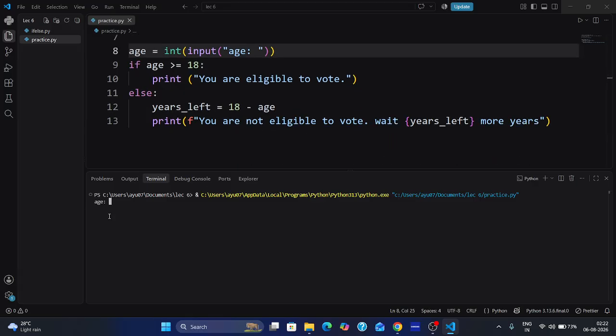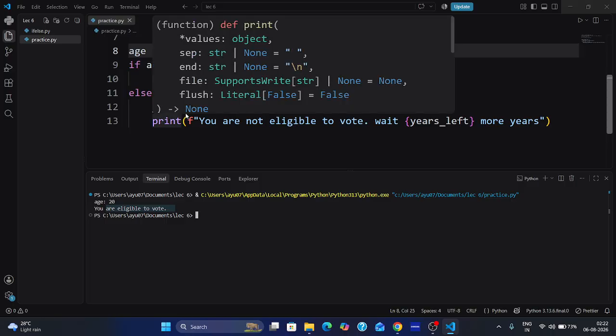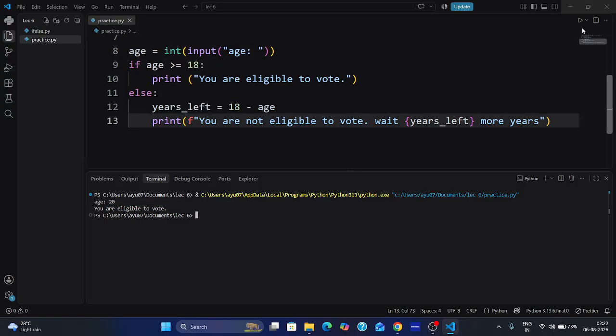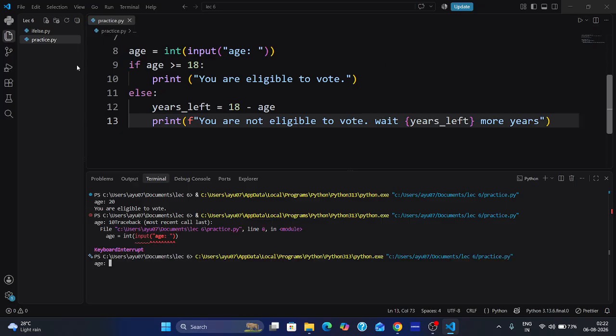Okay, let's give 20 here. When you give 20, you are eligible to vote. Means 20, or 18 and above, are eligible to vote, else years left. Else you can print this condition also. Else give your age like 10. Take an example, 10. So it will go to